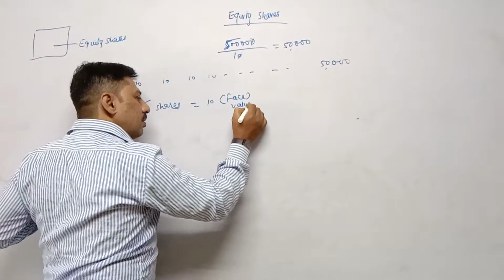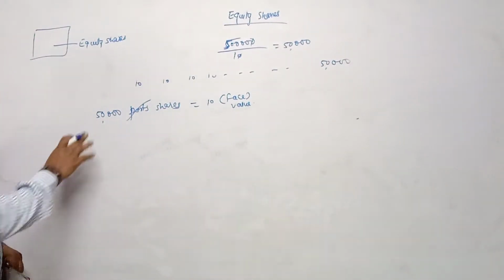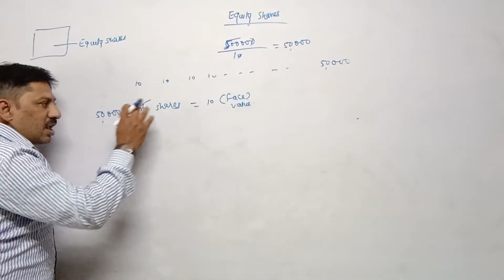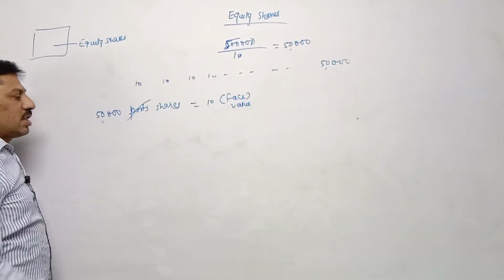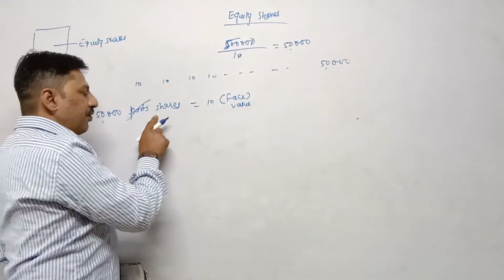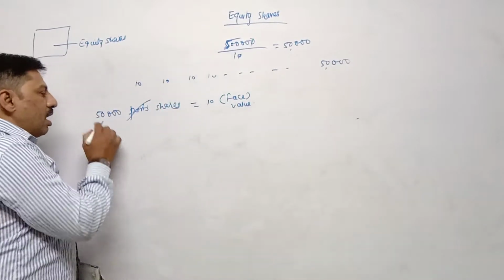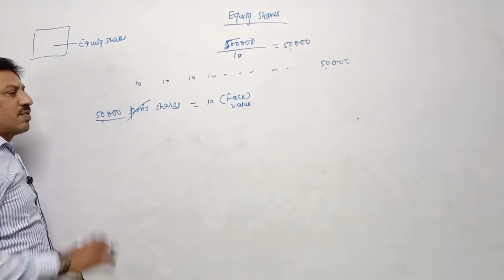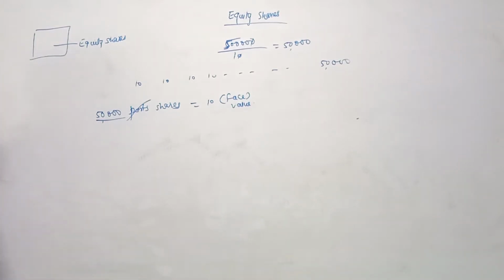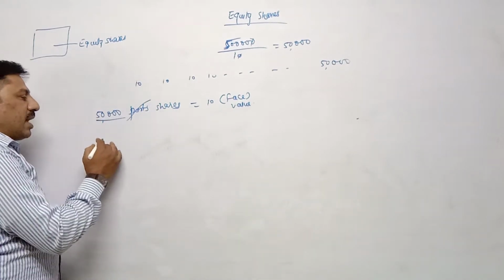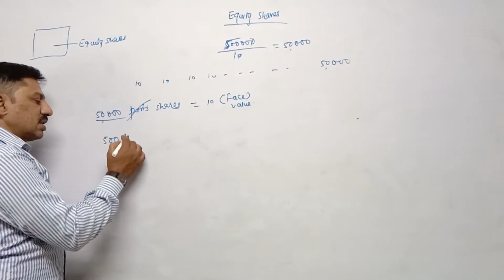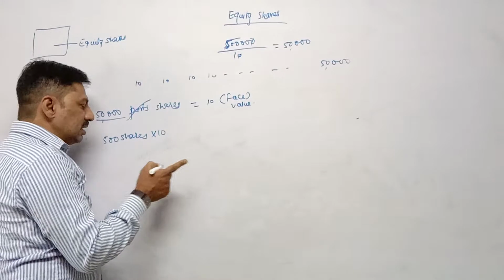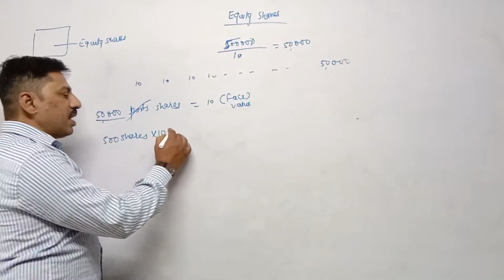Face value. So total there are 50,000 shares, means 50,000 parts, each part is of 10 rupees. Now technically we can say total there are 50,000 shares, and the face value of each share is 10 rupees. Now out of 50,000 shares, each individual can purchase any number of shares according to their income, according to their capability. For example, out of 50,000, my capability is to purchase 500 shares. It means I have to pay 500 shares into 10, the reason being each part is of 10 rupees. So in total I have to pay 5,000 rupees.